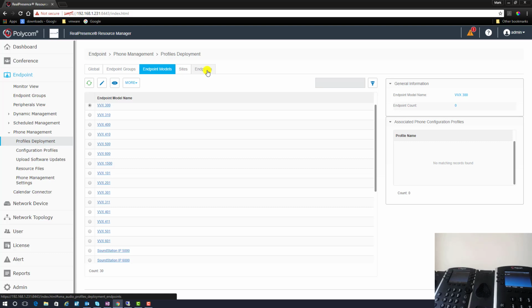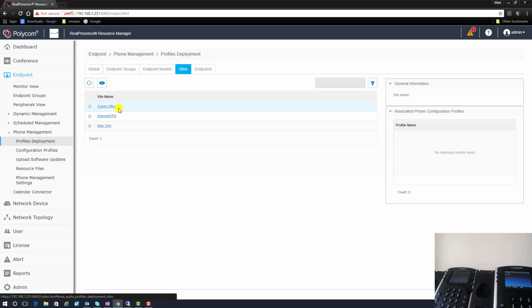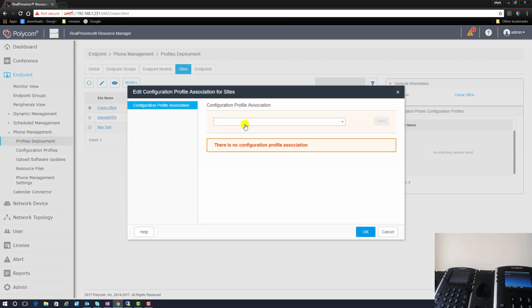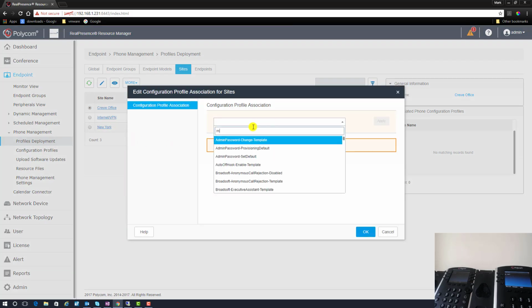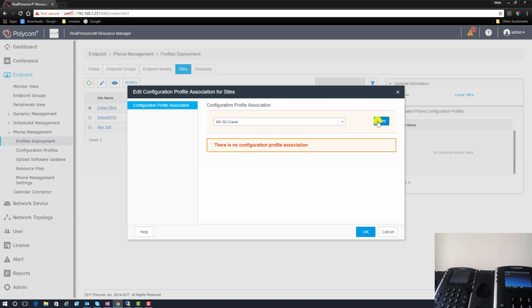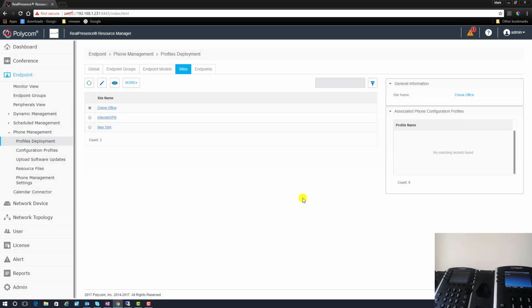Obviously, there is a thought process behind where you put different types of config. For instance, in the sites here, we've got my home office in Crewe. I can edit this, and here I might want to add in my site configuration. So here I've got a site config for Crewe. I can apply that and press OK. And then if I wanted to